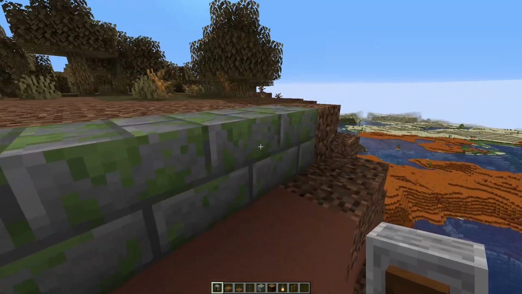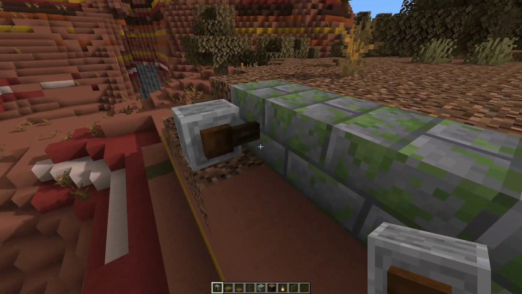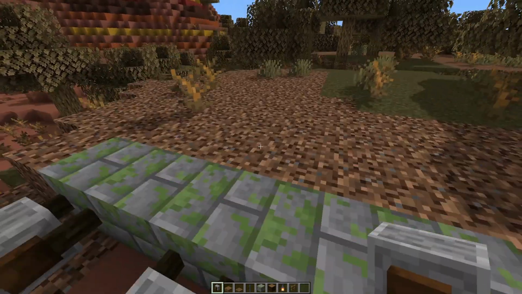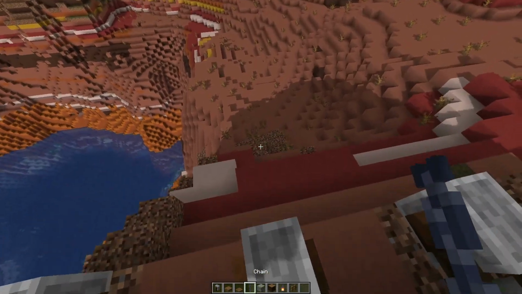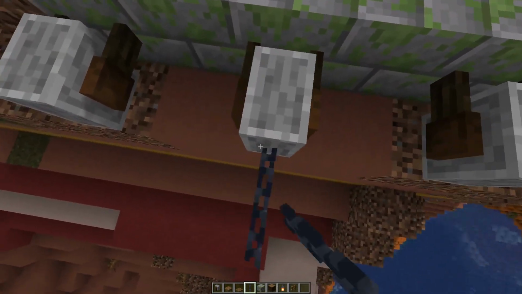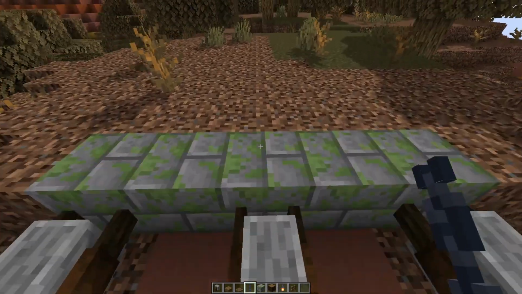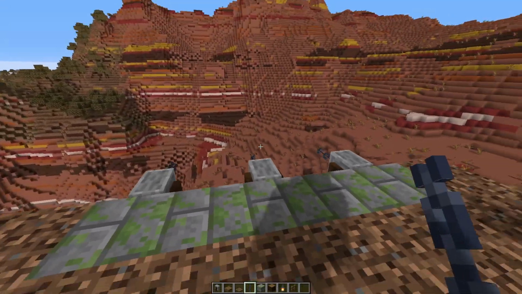I'm going to grab a grindstone on both of those points there like that, and also the middle. So get out of the way, there we go. So we've got it in the middle, and then we're going to add a chain onto all of those grindstones like that. That is going to be our first point of contact, but before we do that, we've got to